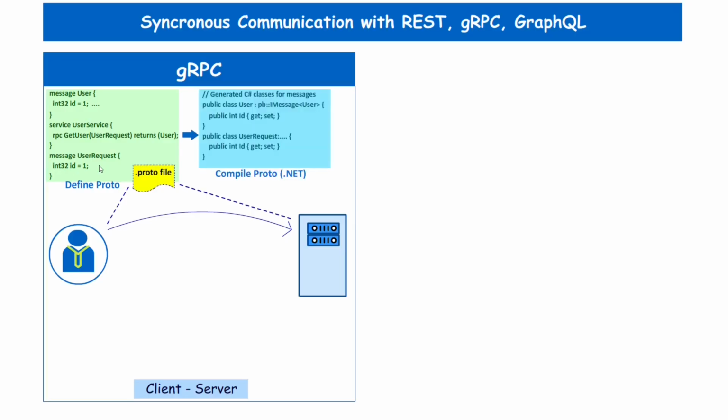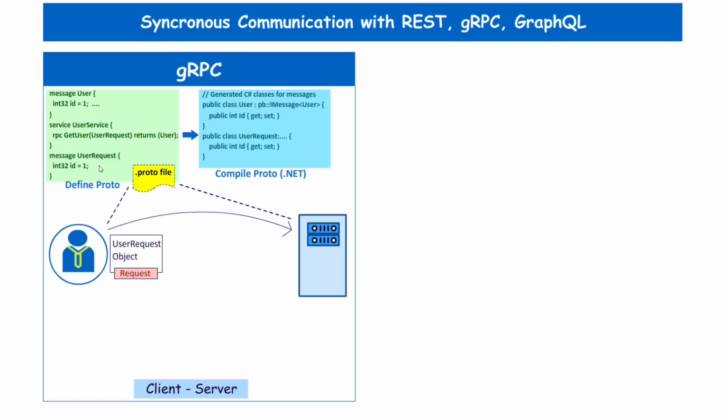In this case, the proto file is being compiled into a language. The proto file is language agnostic, but it would be used to generate the code in any specific language. For example, if we are using .NET, then we will be generating this code. The proto file is compiled using the proto compiler into language specific code. This generates the necessary classes and methods for both the client and server to use the defined messages and services.